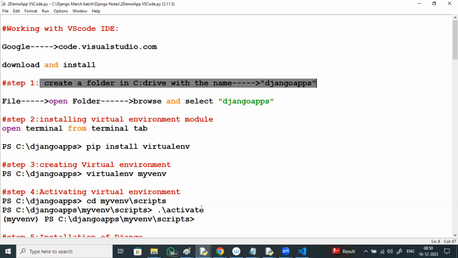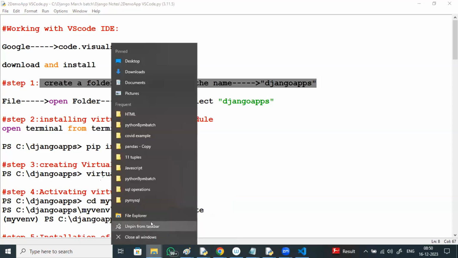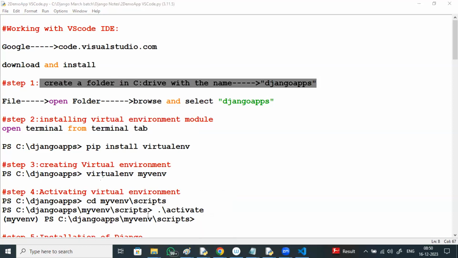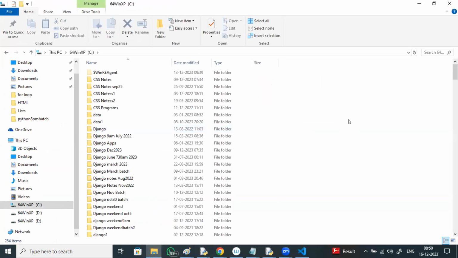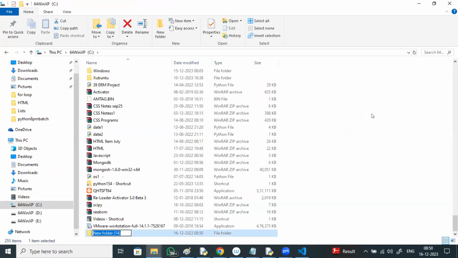Everyone go to the C drive. You can use any drive, not only the C drive. You need to browse later to where you want your projects. Create a new folder within the drive.